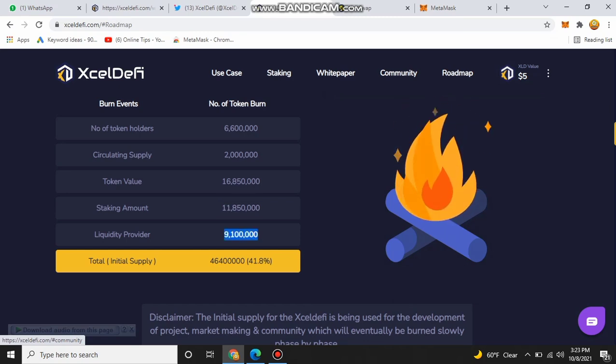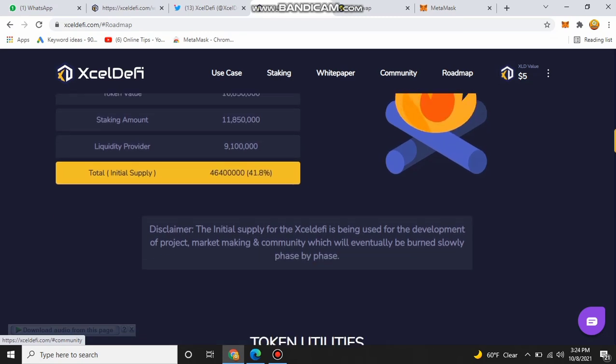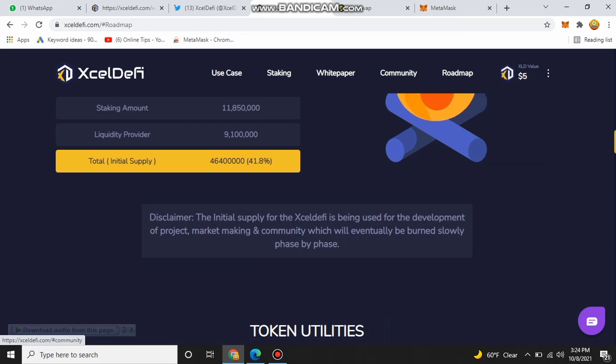Their total initial supply is mentioned here, which is equal to 41.8%. After this you can also see the disclaimer. The initial supply for XLDAFI is being used for the development of the project, market making and community, and will eventually be burned slowly, phase by phase.